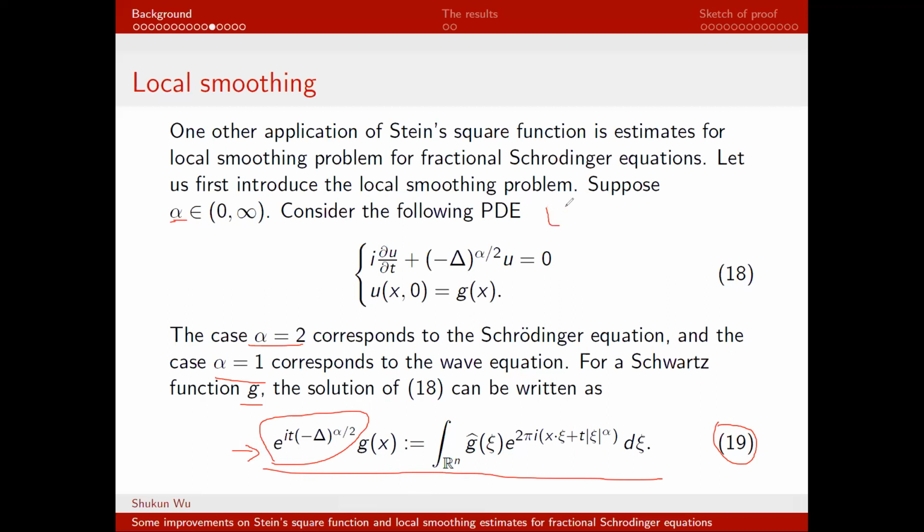And now for the extension operator, for the surface xi to the alpha, the operator is defined as this, e to the 2 pi i (x dot xi plus t xi to the alpha). So as you can see from these two expressions, the only difference is, oh, sorry, I think we don't have a hat here. So the only difference is